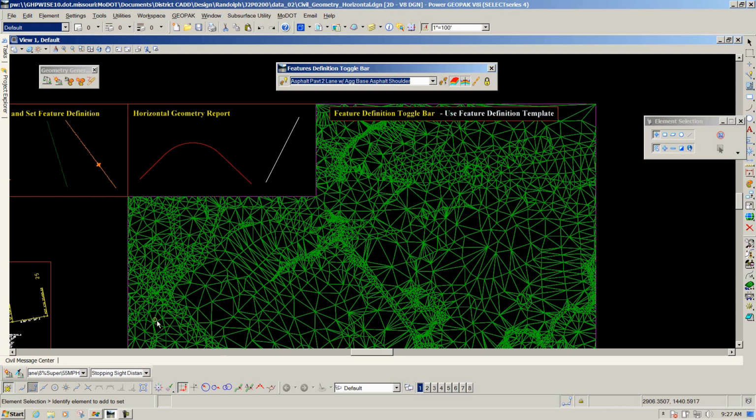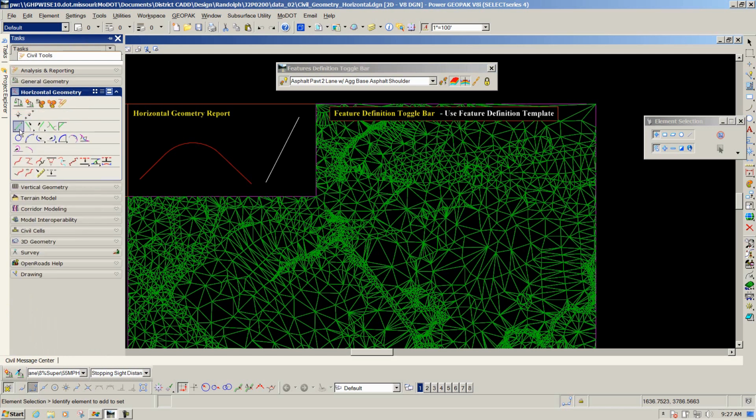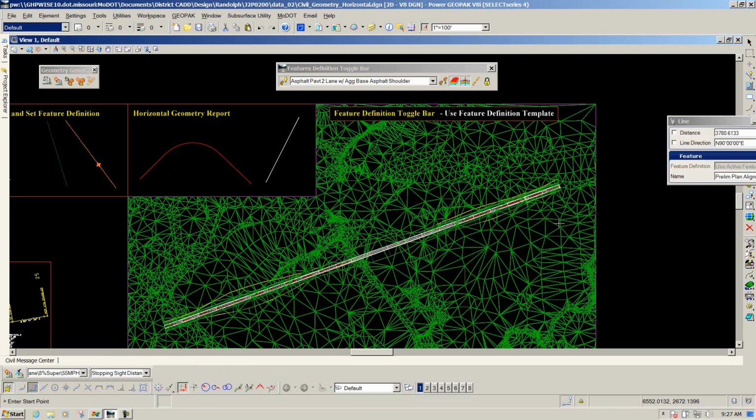Now, to place an alignment out here, I'm going to go back into my civil geometry tools, or sorry, my horizontal geometry tools, and I'm going to go to this third row, first icon, which is the line between points. So I'm just going to place a line out here by coming over here to the left. I'm just going to left click to start the line, and left click to end the line. And when I do that, it's again going to create a best fit profile,